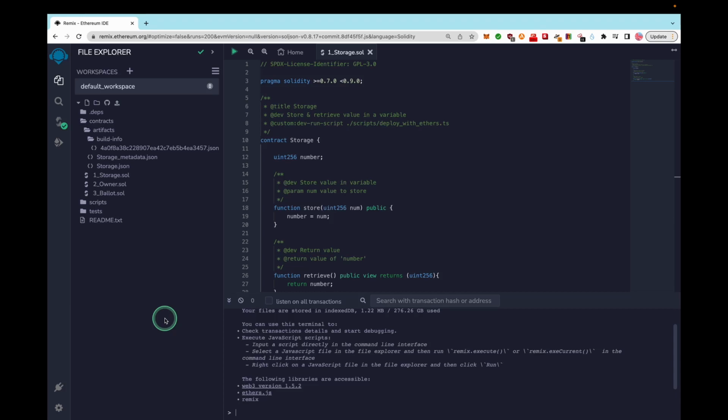Hello everyone, this is the BNB Chain Club, and today we're going to start a series for a complete walkthrough on how to build a real-world crowd sale on BNB Smart Chain that can be used to raise funds